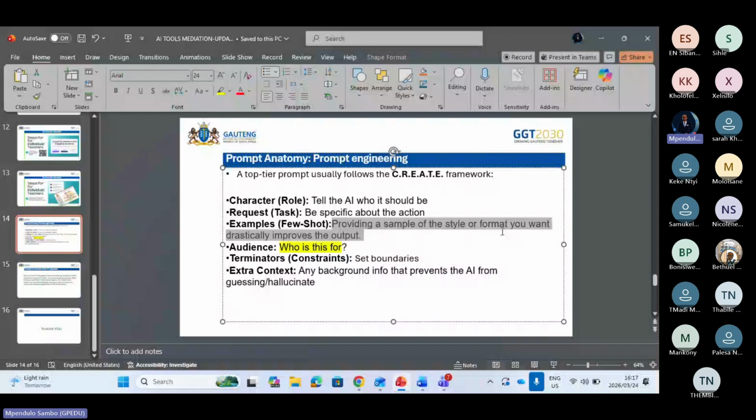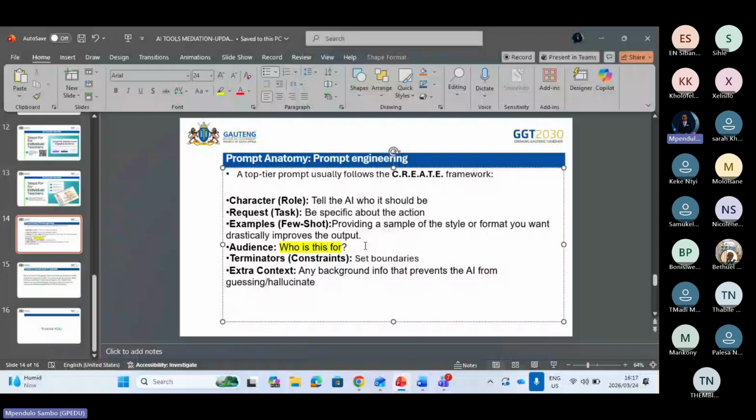This is a topic that I'll be doing today, the greenhouse gases. Greenhouse gases is also being done at the varsity level, at a higher level. So now, if you are not specific about the audience, it means that the AI tool will go to the internet, will take a level of a university learner and put to a grade 10 learner. So we need to be specific and tell AI who it is for. For example, it's for grade 10 learners.